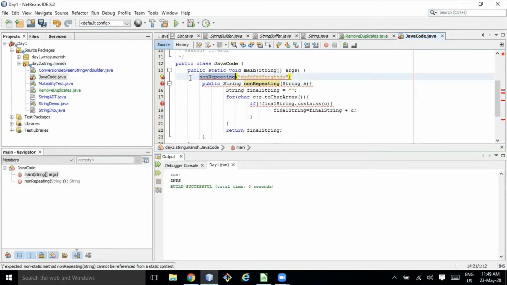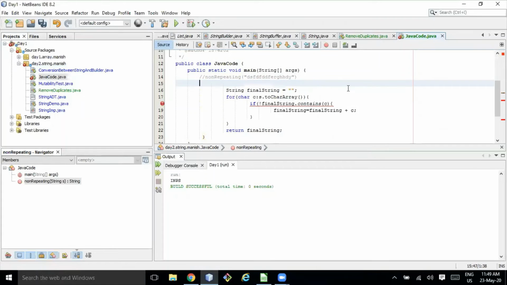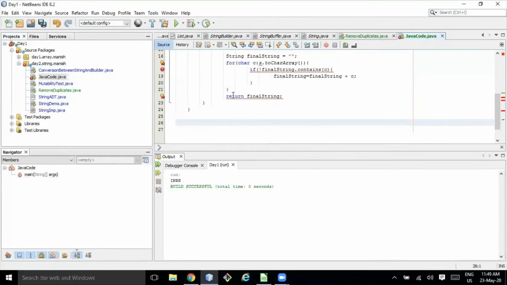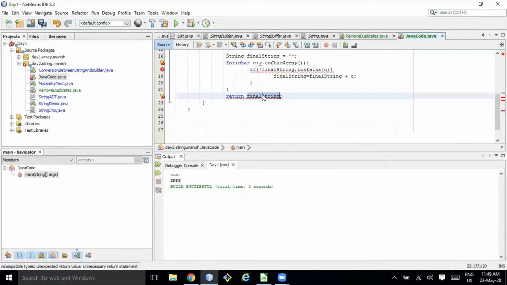Non-repeating. Okay, so this is the method you are calling. Let me comment this line as well, and maybe this line as well. The final string you are trying to return.